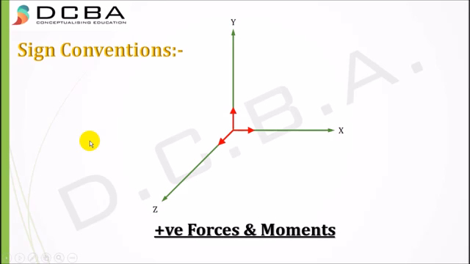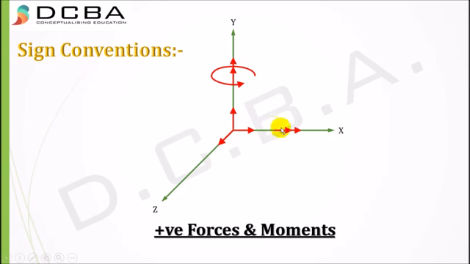As far as moments are considered, they are denoted as double arrows, and double arrows going upwards in the y-axis are considered positive. And how do we determine the direction of the moment? It is determined from the right hand thumb rule, the thumb going in the direction of these two arrows and the curl of the fingers denoting the direction of the moment. Here, it is anti-clockwise. Hence, two arrows upwards along the y-axis denote an anti-clockwise moment.